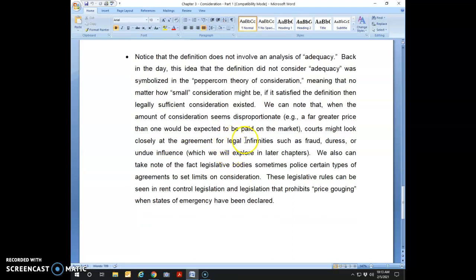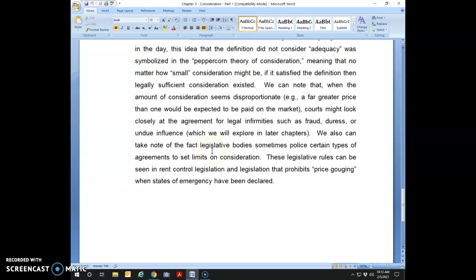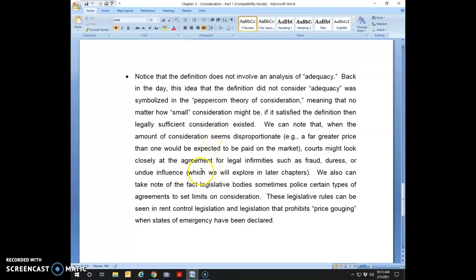Also, if somebody's up to no good by practicing fraud, duress, or coercion, that might be a reason to upset a contract. But if we're only looking at consideration, and we're not dealing with any kind of regulation, then so long as we meet the requirements of that definition, we have legally sufficient consideration, and the question of adequacy simply is not relevant. So that's going to end this posting.